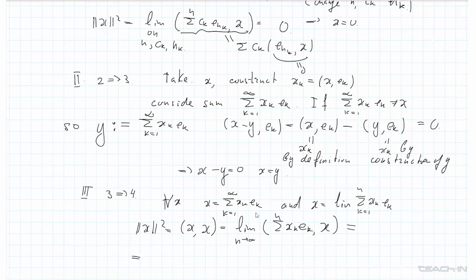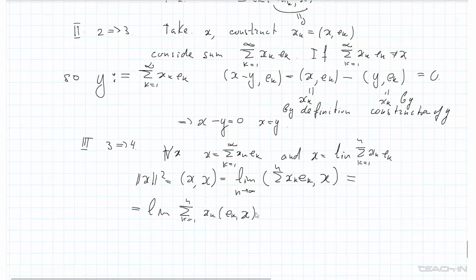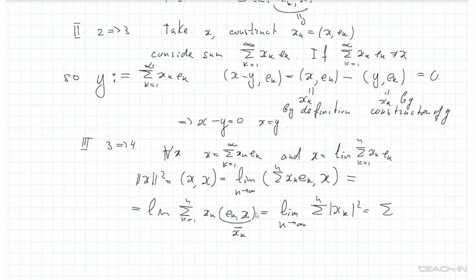Then by properties of scalar products, we can write it as the sum of x_k and scalar products of e_k and x, and of course this element is the conjugate Fourier coefficient. So we obtain that it is the limit as n tends to infinity of these partial sums. But by definition of partial sums, we obtain that it is just